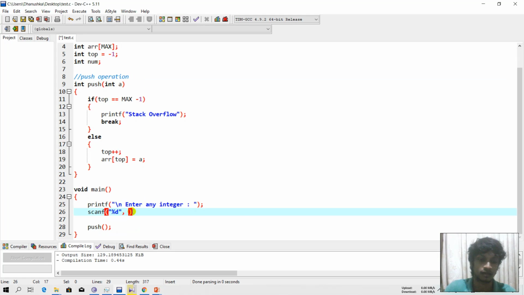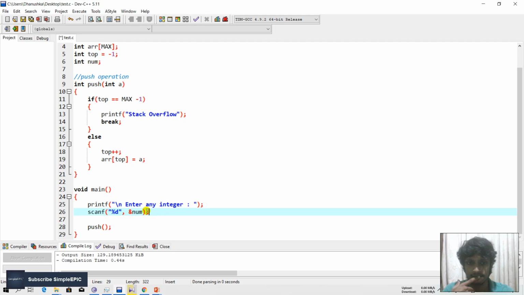And now I can point that variable like this. So whatever the user is giving by using the keyboard, that value will be stored in this variable, which means the num variable.